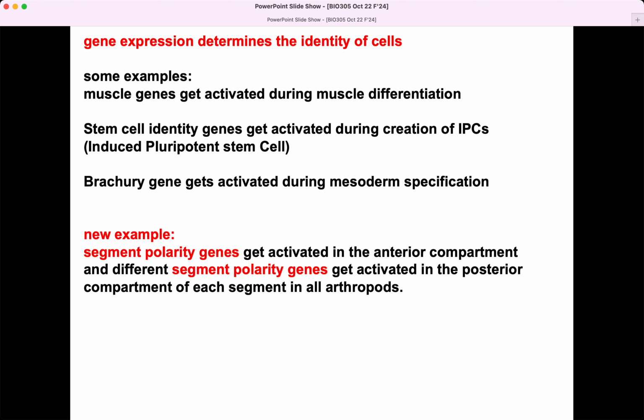So it's like we have two teams, and we start out together, mixed up. And then we're like, let's get this team over here. And then let's really establish who's on what team. And so all of the students on the anterior team start shouting, be a posterior team member. And the posterior team members receive that shout, which is Wnt, through the frizzled receptor, and they activate gene expression to become posterior cells and continue to be